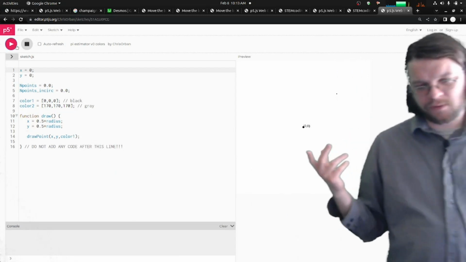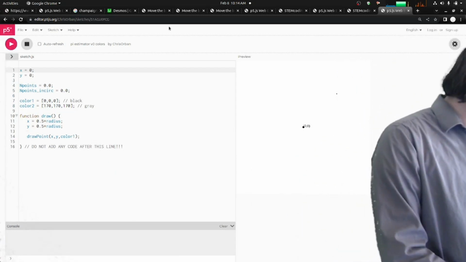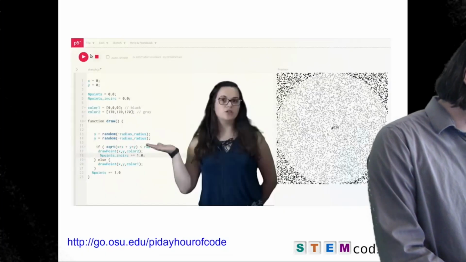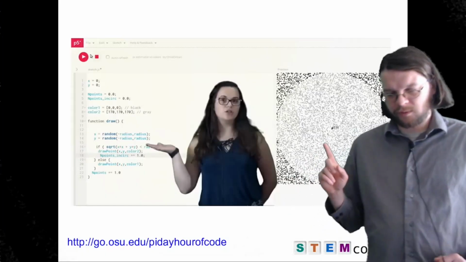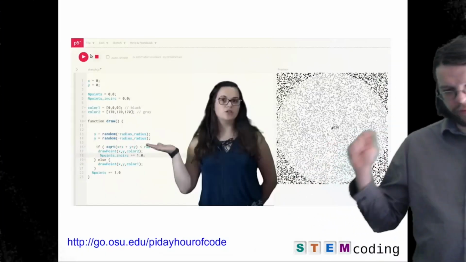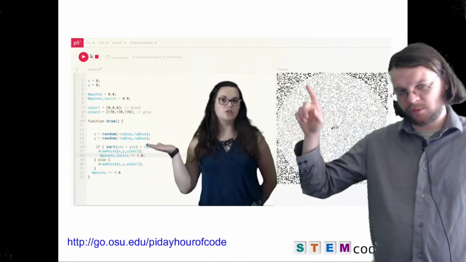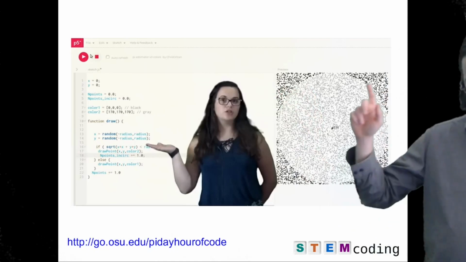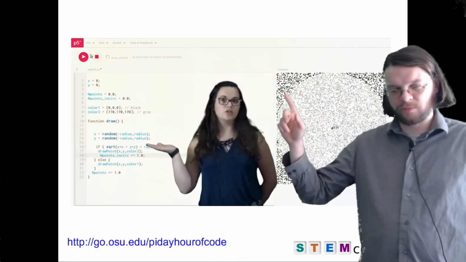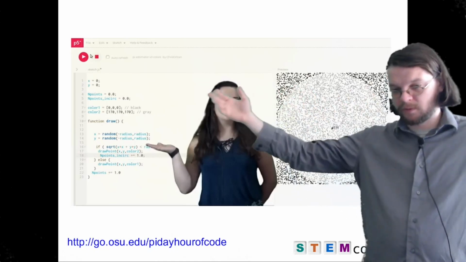The idea of this activity is that ultimately, we are going to calculate the digits of pi using a random number generator. We're going to put down random points, and we're going to check if those points are within this circle, this gray circle, or if they're within the square. I mean, presumably they're all within the square, right?